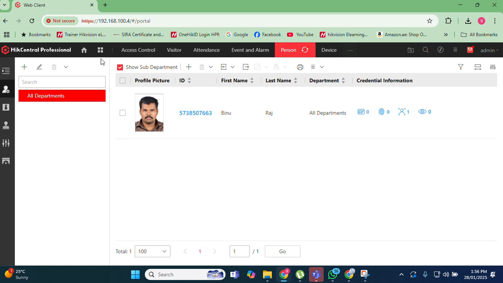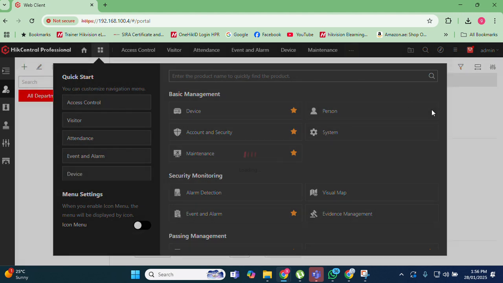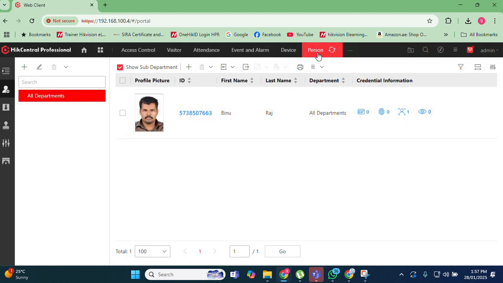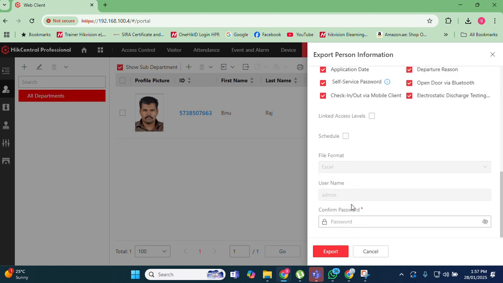Not there, you have to click here, person, and then star. It will be removed from there. So just click this star, this button, star, person will be there. Once person will be there, just click this export file. Export file, like select all persons, enter the admin password,